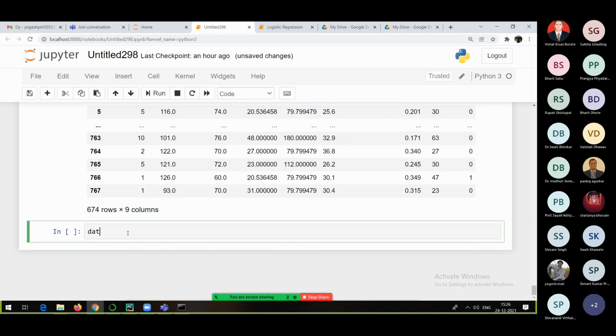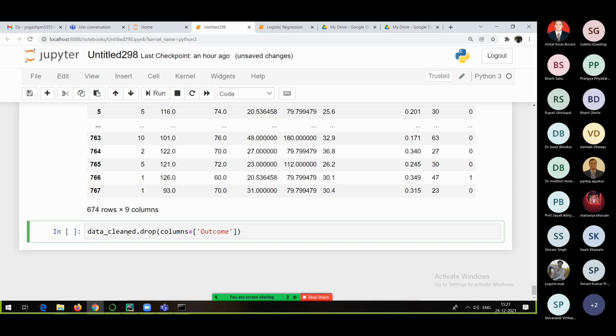So what I'll be doing is, from data_cleaned I am going to drop one column: data_cleaned dot drop, with columns equal to the output column. So the name of the column is Outcome.